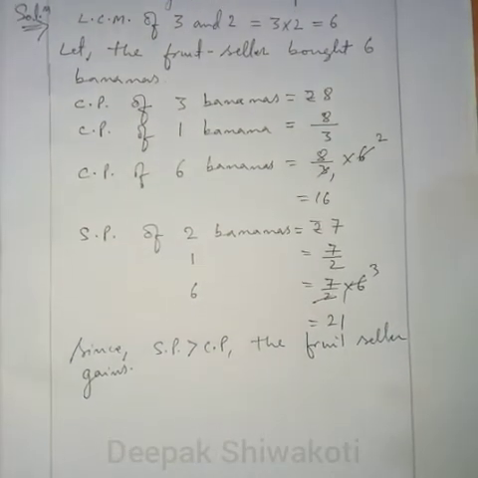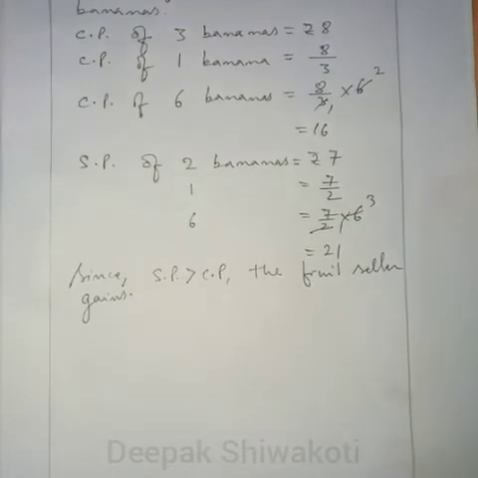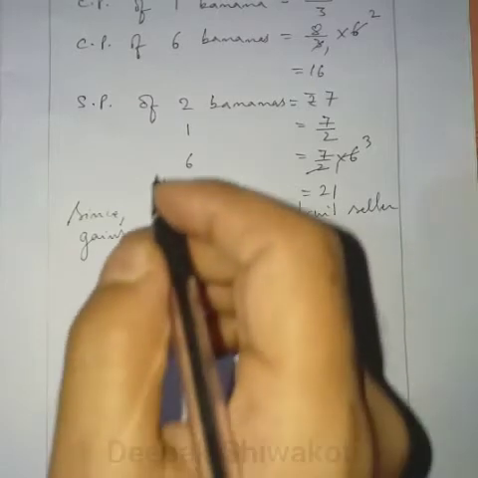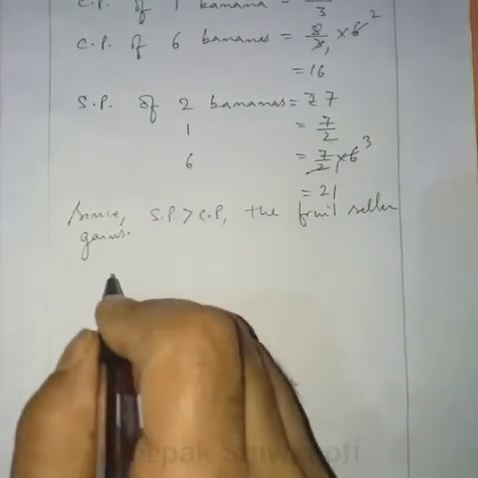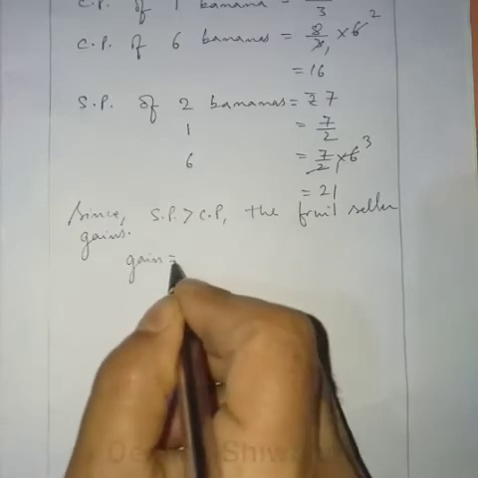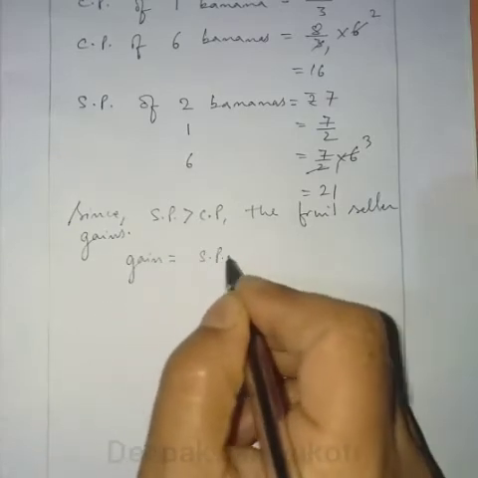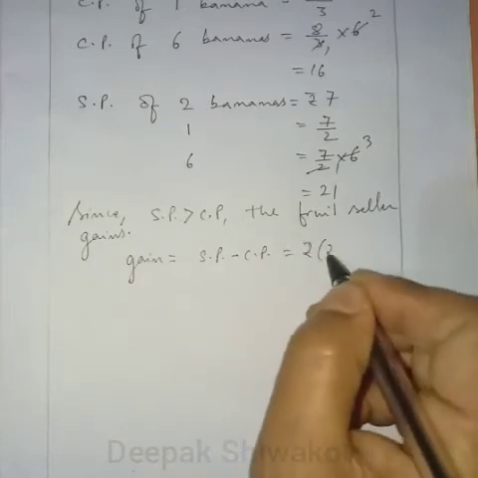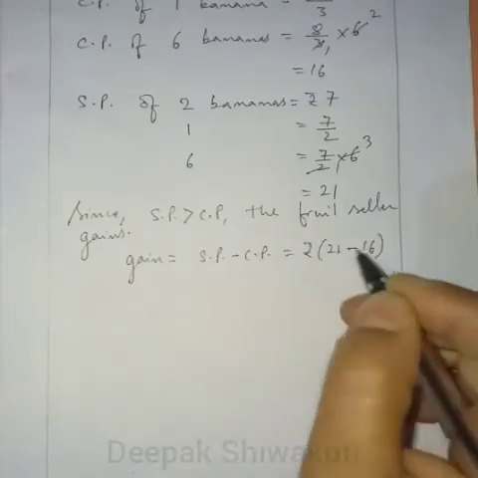Okay, so here let us try to find the gain percent. To find the gain percent, first we'll find out the gain. Gain or profit is equals to SP minus CP, which is equals to rupees 21 minus 16,